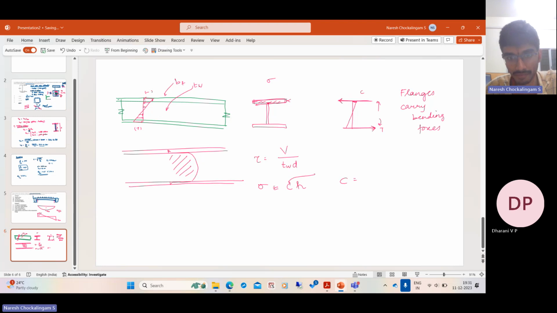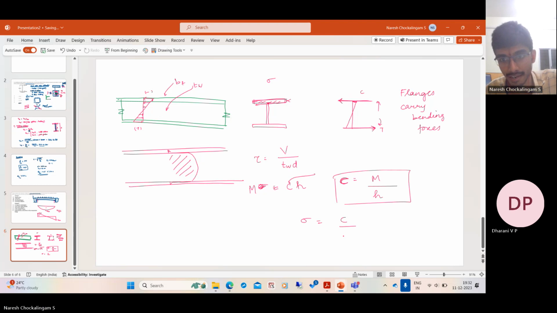So C is equal to, sorry, this is not sigma, this is the moment. So the compressive force is M by the distance of separation. And then the compressive stresses are C by the area of the flanges, which is bf into tf. So stresses are not high. So basically the bending forces are taken by the flanges and the shear forces are taken by the web. That is the idea. Now, if you are making a connection in a structure,